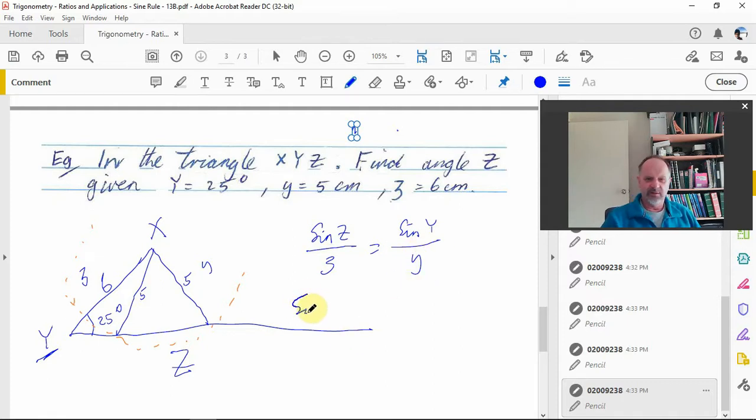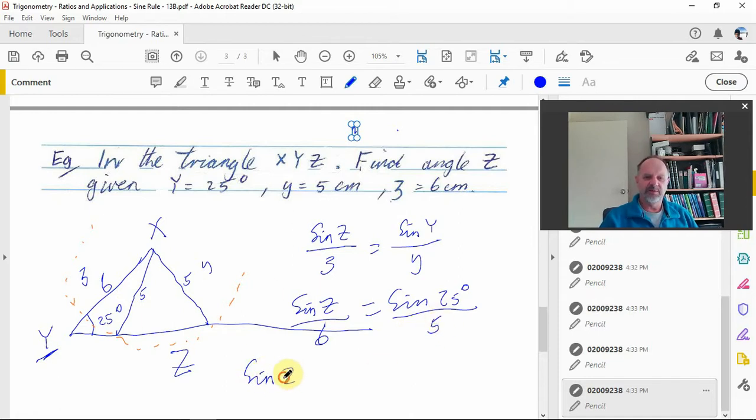All right, so sine z over z, and z is 6, sorry. Look at opposite to the angle, 6 equals sine y, so the angle at y down there, 25, over length y, which is 5,